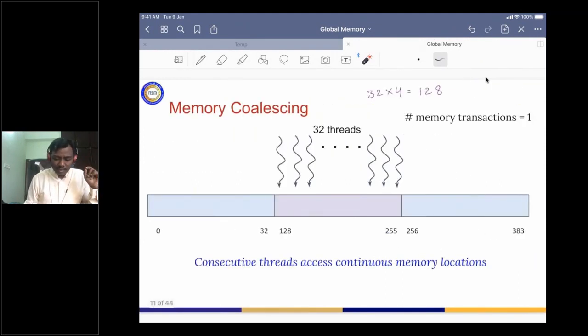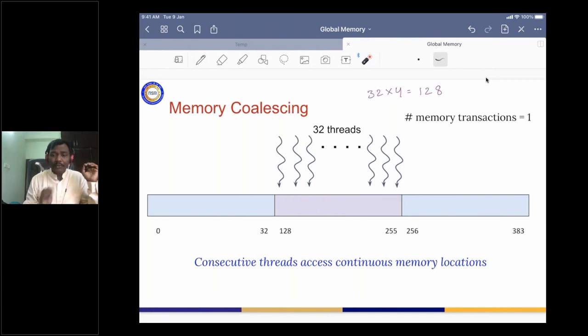Here are the 32 threads that, of course, the programmer creates, and the program informs that the responsibility of these threads is to read memory locations from particular locations. Say this is T0, this is T1, and so on, up to T31, and all these 32 threads read consecutive memory locations.